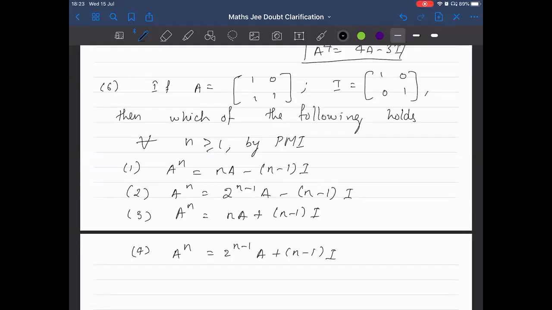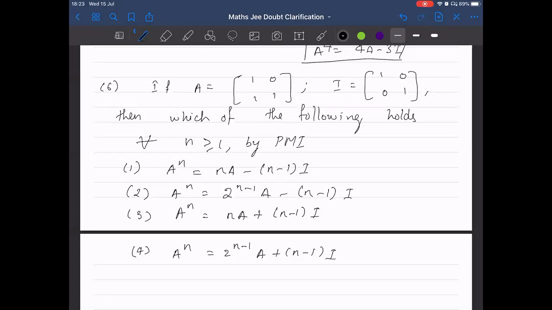Form the characteristic equation. The characteristic equation will be of quadratic nature, definitely, because it's a 2 by 2 matrix. So you will be getting a quadratic characteristic equation, like A square is equal to something. Once you get A square, n value is equal to 2 there. So you substitute in the options and you tally which one is actually accepting. Again, there may be more than one option which may be tallying.